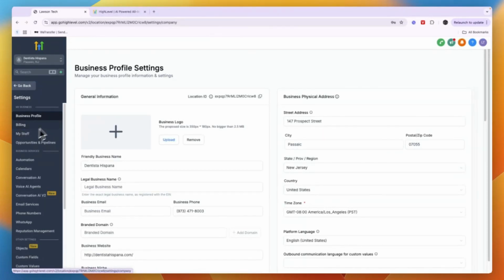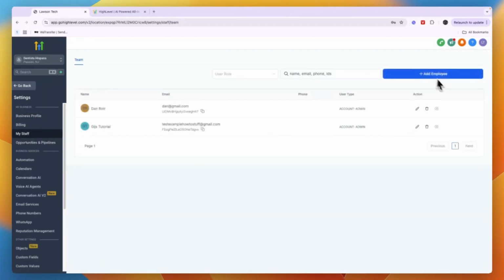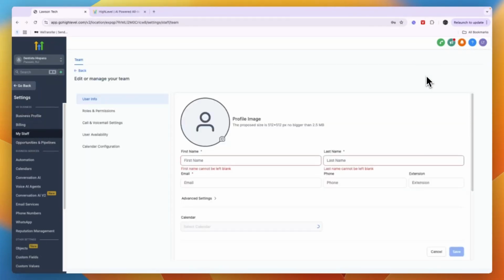But for me, as you can see, it's not here. So what you then want to do is click My Staff. And then in the My Staff section, click Add Employee. And then here, add an employee for yourself. So enter your own first and last name and an email address that you have access to. And then after doing that, click Save, and then you will get an email on that email address that invites